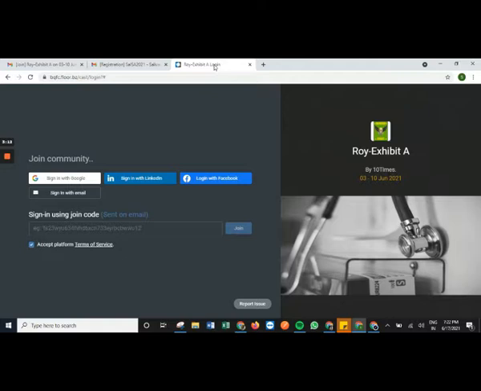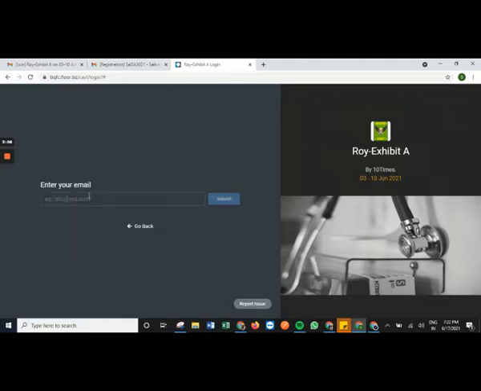For example, if we try to log in via pin ticket, the first step would be sign in with email. For a private event, select the mail address. Please make sure that the registered mail address is being used, on which the relevant credentials in order to access the event have been pushed. Simply click on submit.